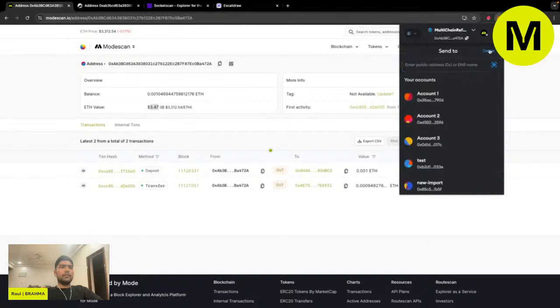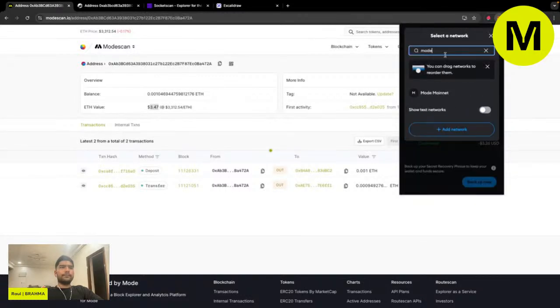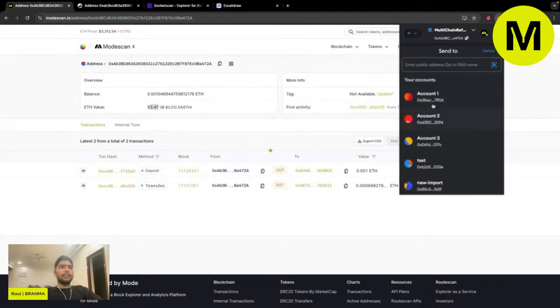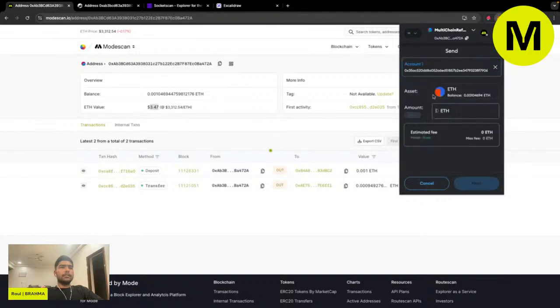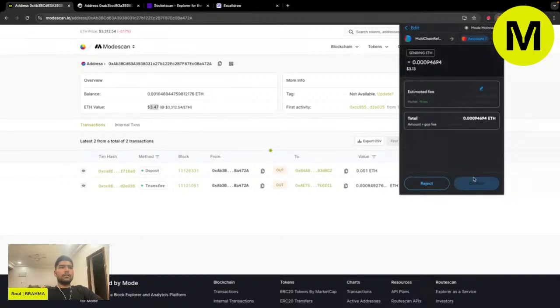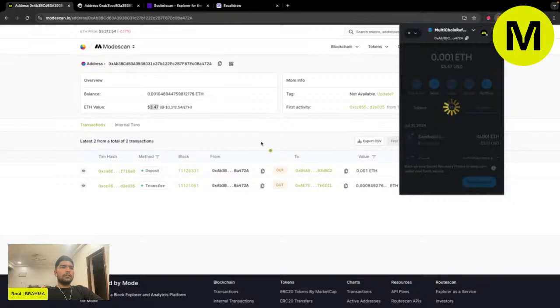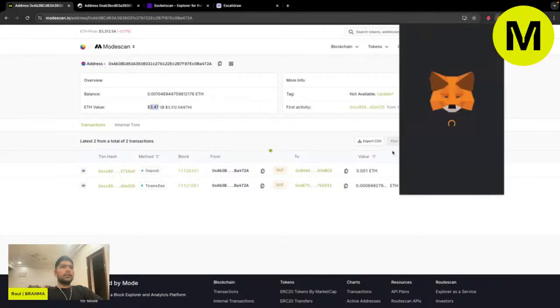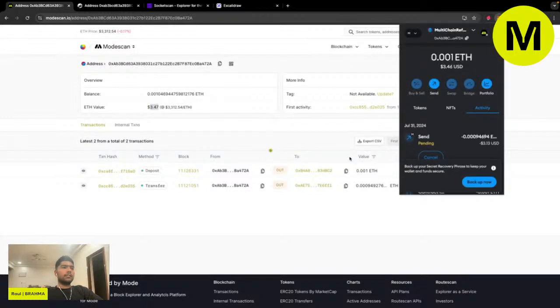One more minute. Send account one. Max ETH out. And let's say I want to transfer everything out. Okay, so I think my wallet is